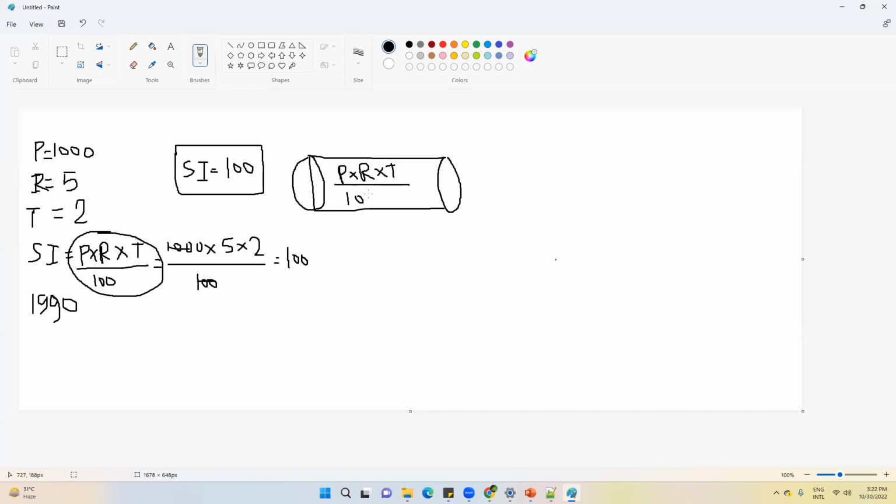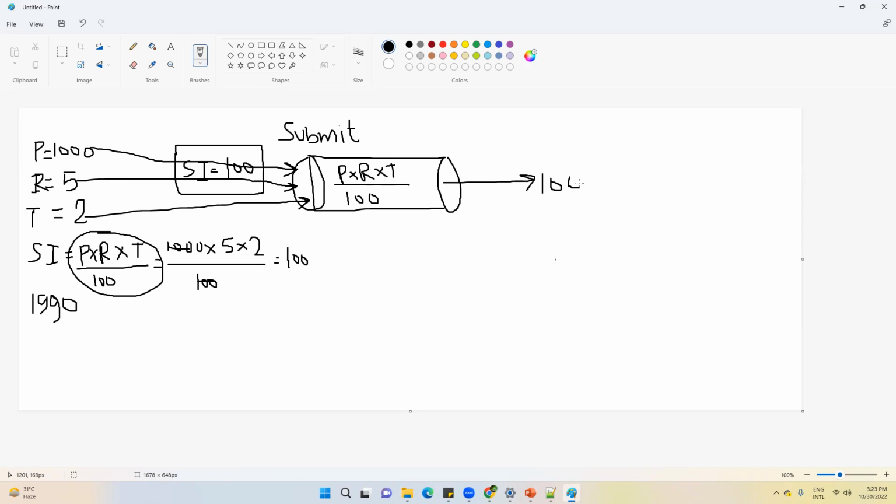You as a user pass these values at the inlet of this pipe. You press the submit button, and this data, 100, 5 and 2, enters this pipe. All these calculations happen inside the pipe, and outside you get the value 100.